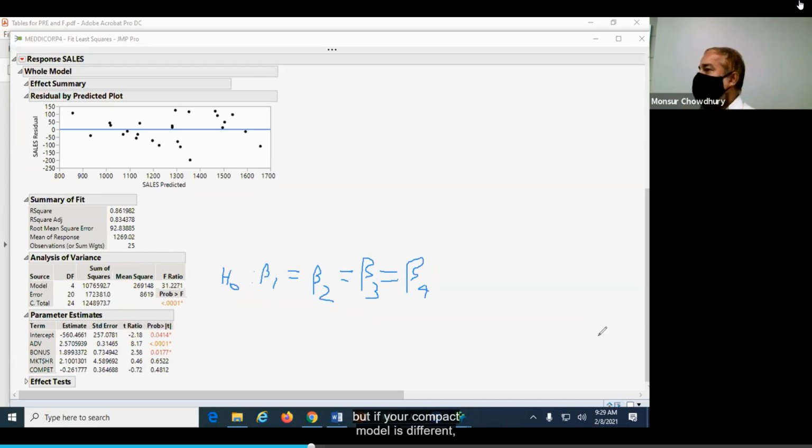But if your compact model is different, not a simple constant model but with more than 1 parameter, meaning you are including more predictors in your compact model, then your F is not this one and your PRE is not this one. Make sense? Okay.